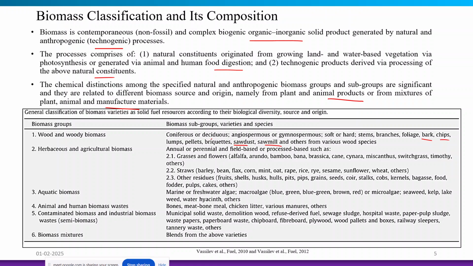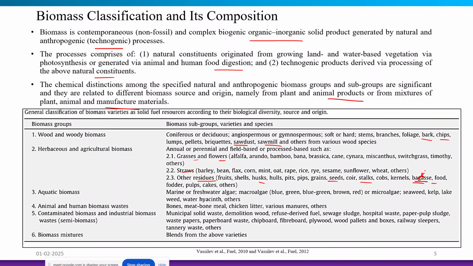So these kinds of segments of the wood and woody biomass also have a variety of different compositions. When we are talking about herbaceous and agricultural biomass, it has some grasses or flowers, some of which are used as energy crops as well as oil crops. Straws and other biomass residues, like husk, seeds, stalks, and bagasse, are highly used in the